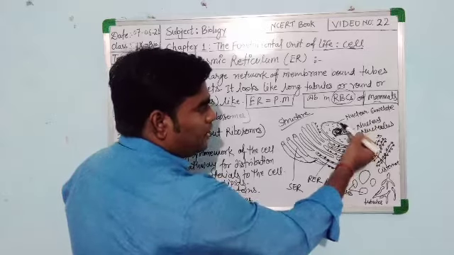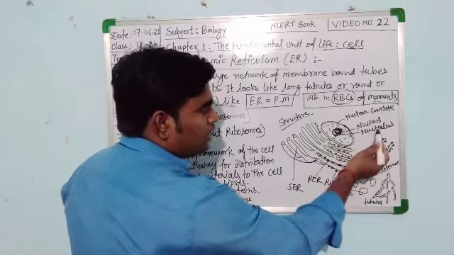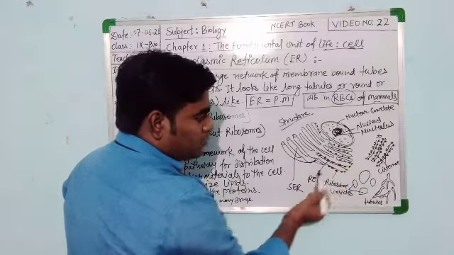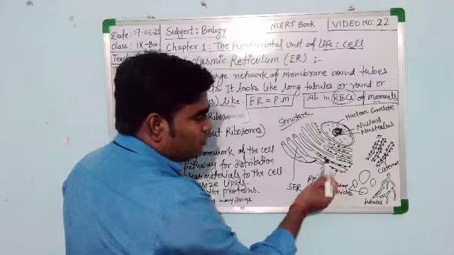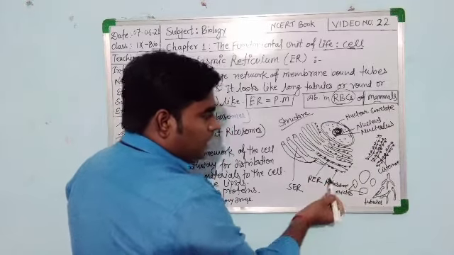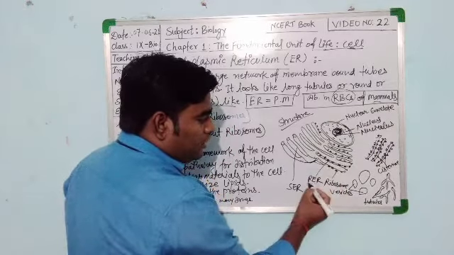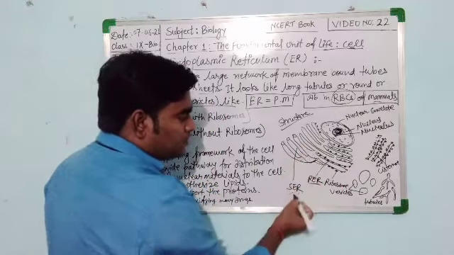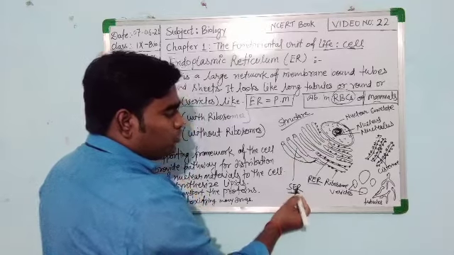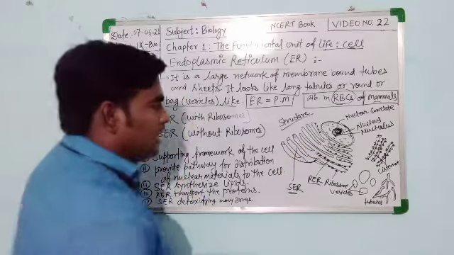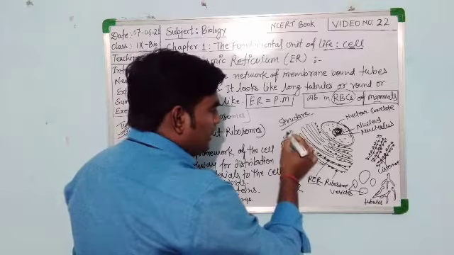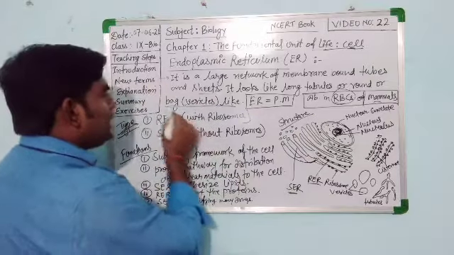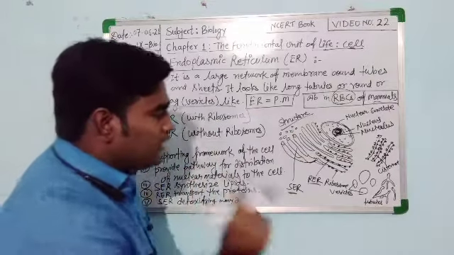This is the nuclear envelope, this is the nucleus, and this is the nucleolus, and this is a tubule with ribosomes. See, these small dotted structures are known as ribosomes, and these tubules are known as rough endoplasmic reticulum. And those tubules that do not have ribosomes are known as smooth endoplasmic reticulum, SER. This smooth endoplasmic reticulum releases or secretes some vesicles, small bag-like structures.